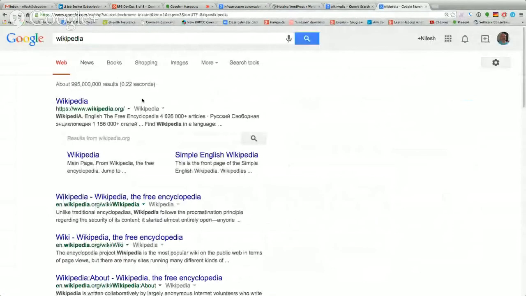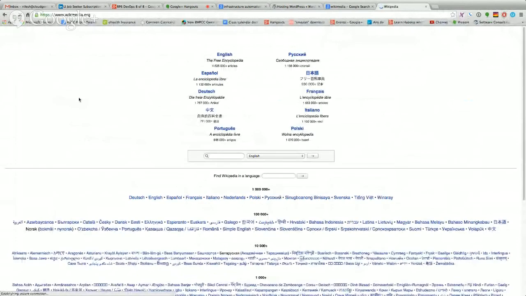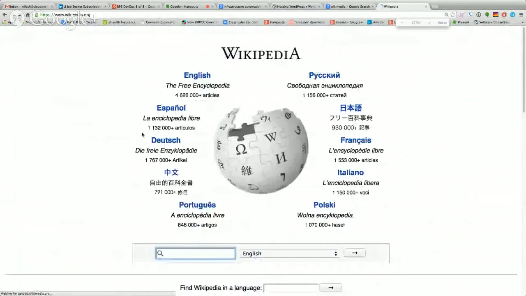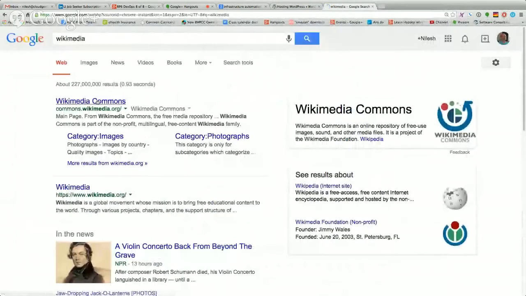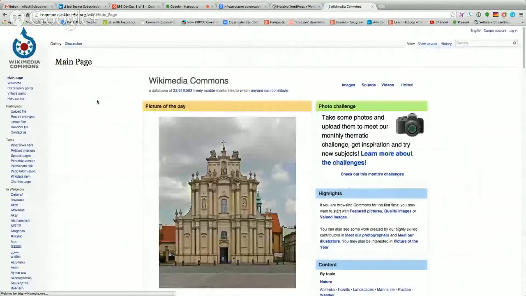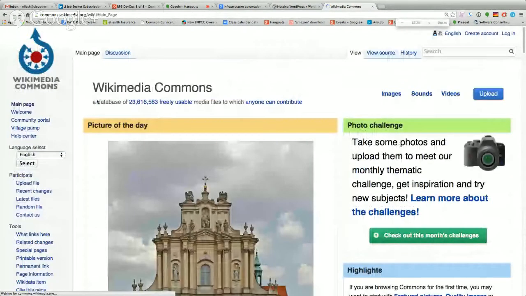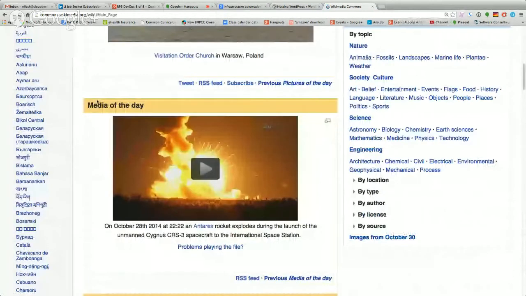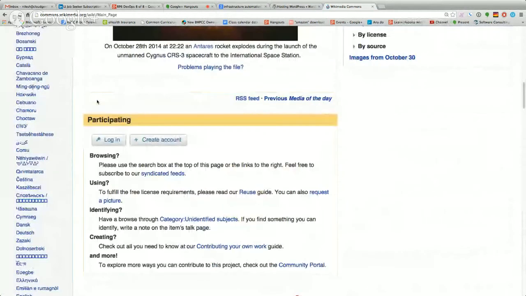Very well. The software that runs Wikipedia is called MediaWiki. It is also an open source project, and you can download it from the Wikimedia Foundation.